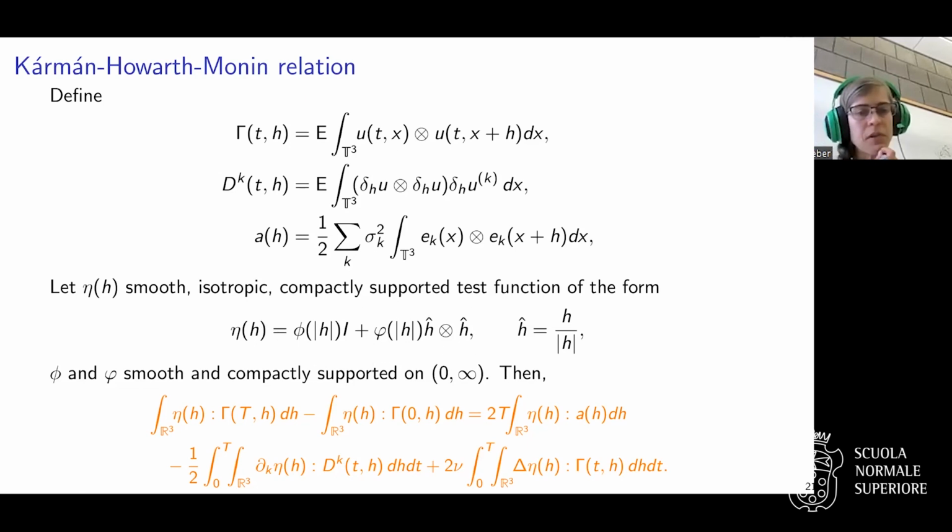And so formally you get it by computing an equation for U tensor U with t x plus h, and then using Ito's formula. And to make it rigorous, you first mollify the equations, and then do all the manipulations with the modified quantities, which are now smooth. And then you pass the mollification to the limit to 0, and after integrating and everything against test functions, and then you just need to use the regularity that you have from the equation and the integrability in order to obtain this here. So it's not that hard.